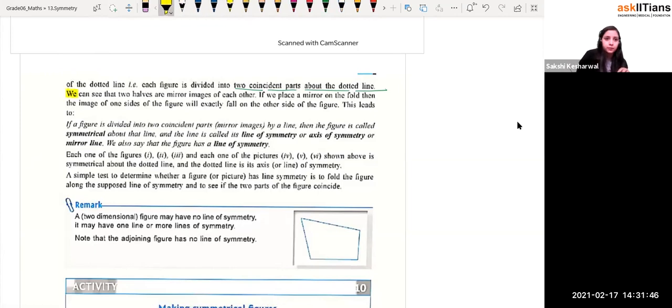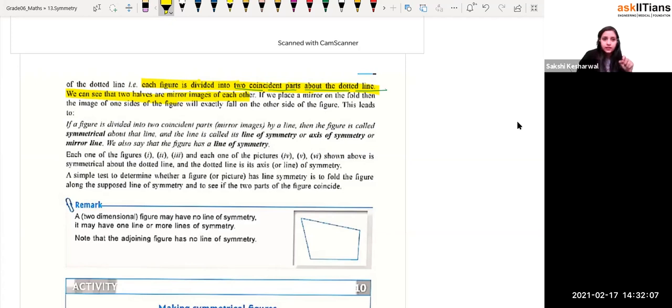Two halves are basically mirror images of each other, right? Each figure is divided into two coincident parts about the dotted line, and we see that the two halves are mirror images. So you can see that yes, this is a mirror image. If we place a mirror on the fold, the image of one side falls exactly on the other, then this leads to a